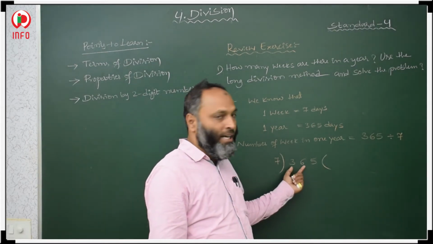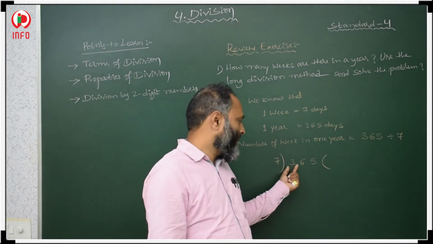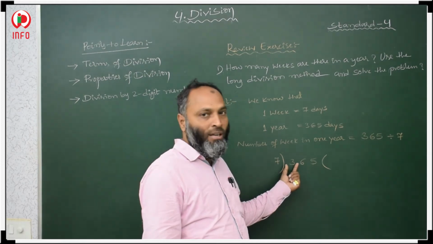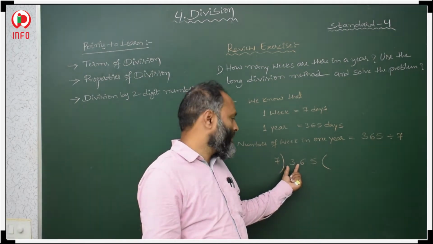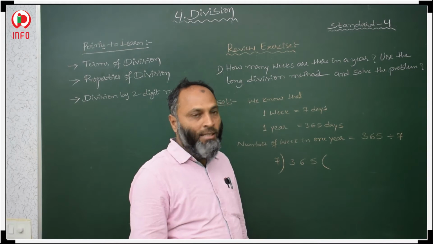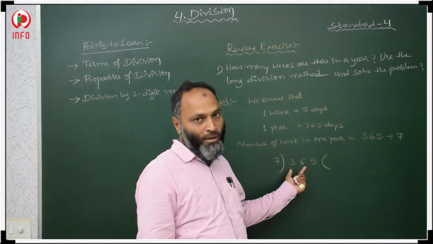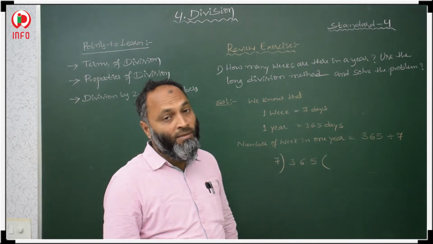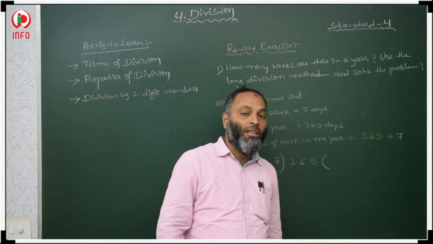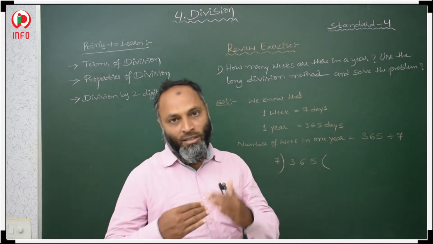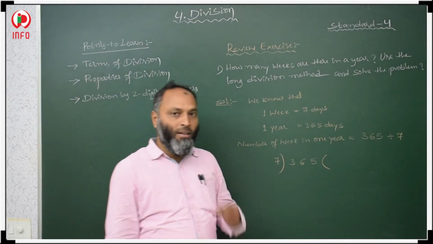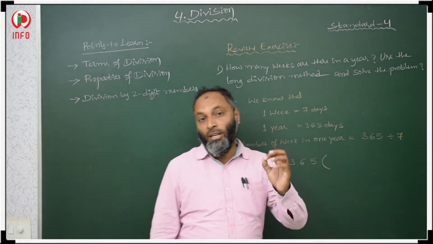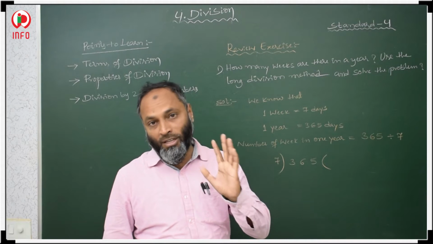When we include this second number, if the hundreds place number is less than the divisor, we include one more number, so that is 36. Now you check whether 36 will come in the 7 table. If it's not, then you have to check the nearest to that. Now you read the 7 table. So you should be perfect in tables. In multiplication and in division, you should be perfect in tables.